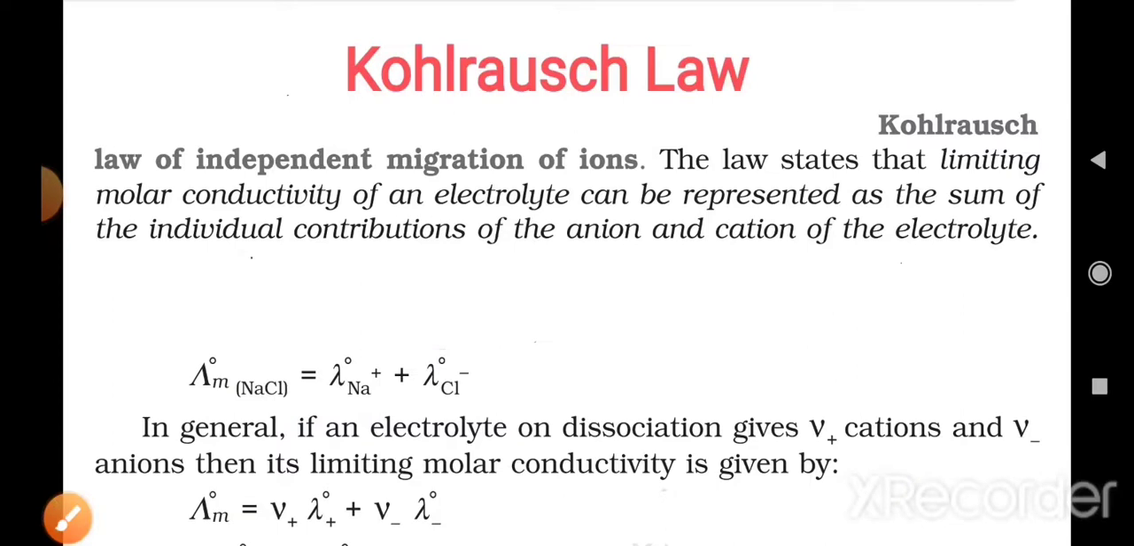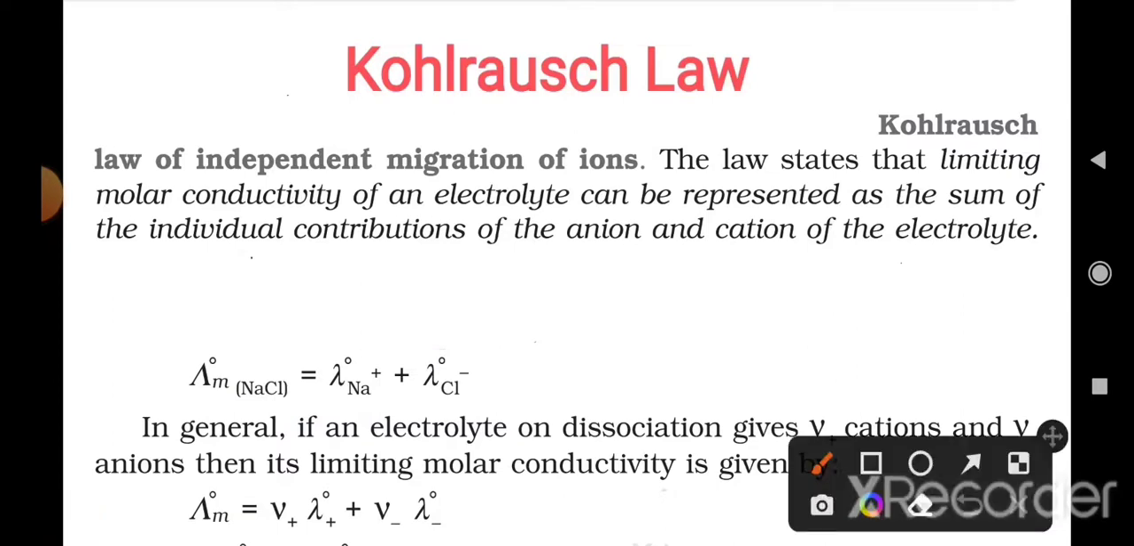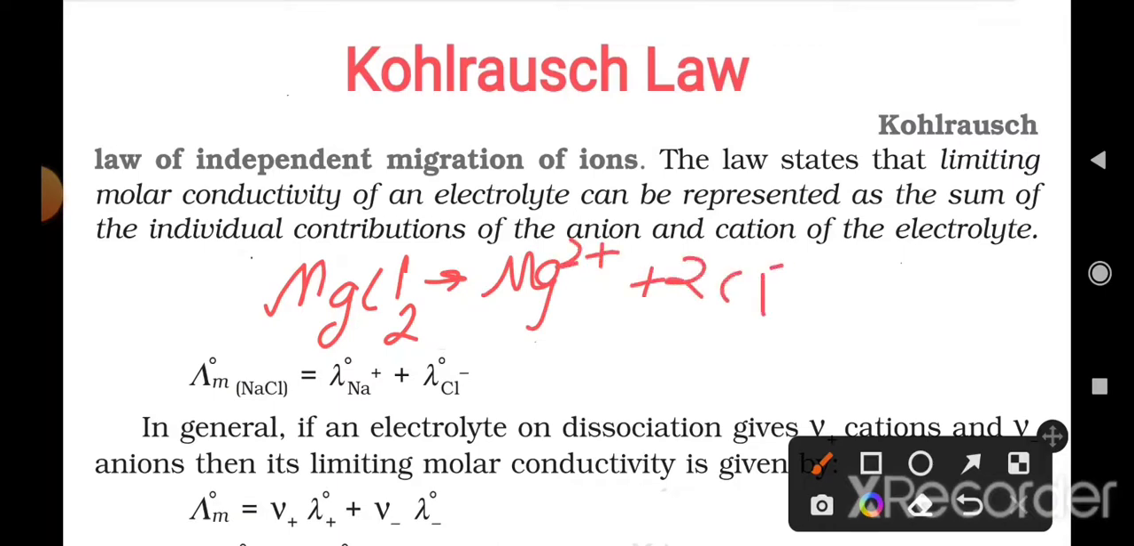So let us take the salt magnesium chloride. Magnesium chloride will give rise to a magnesium ion and two chloride ions. So how do we write the lambda m value for this one? Therefore lambda m naught for this is equal to